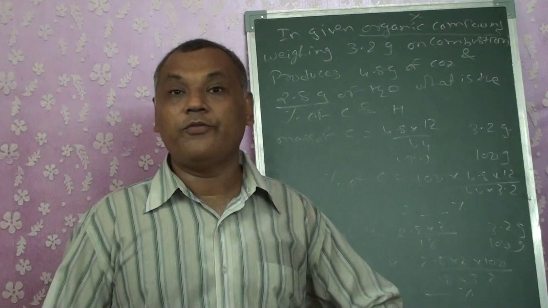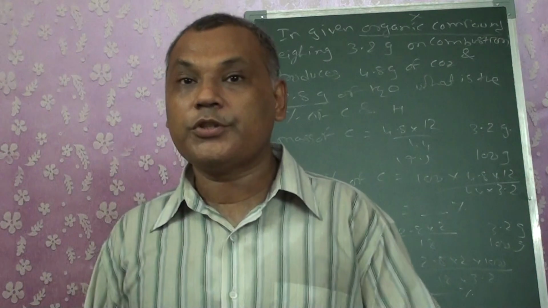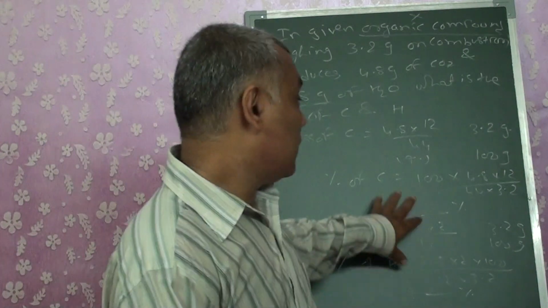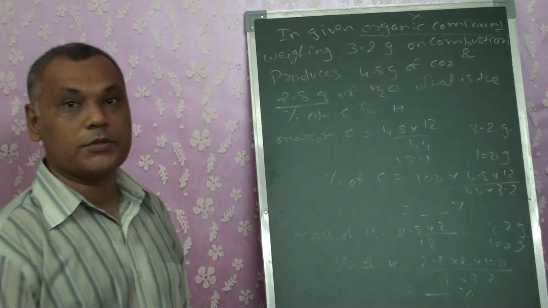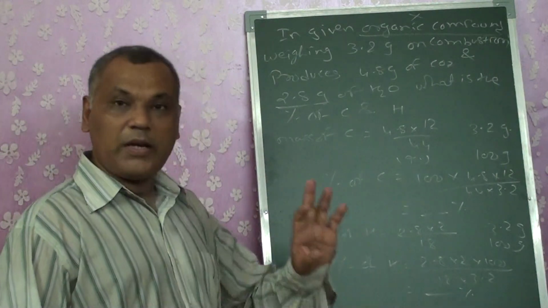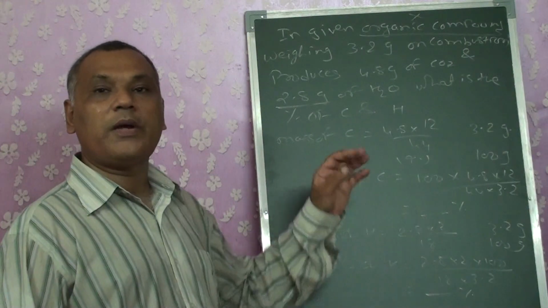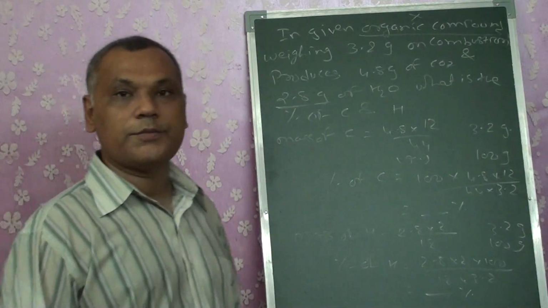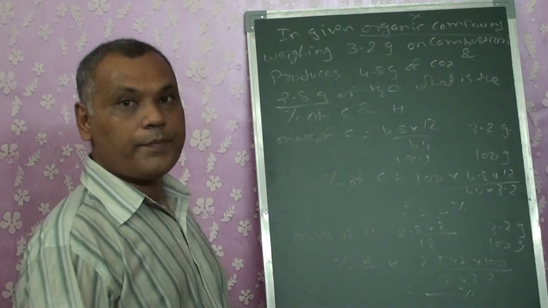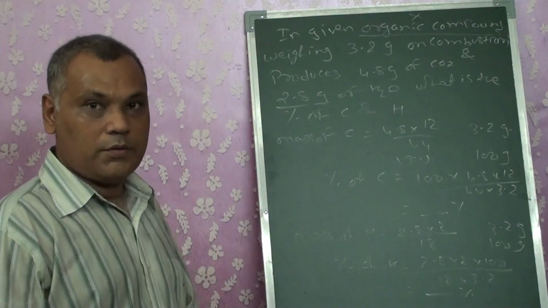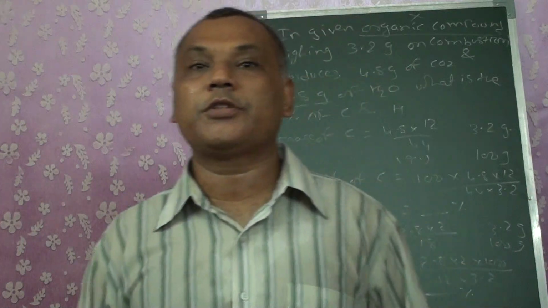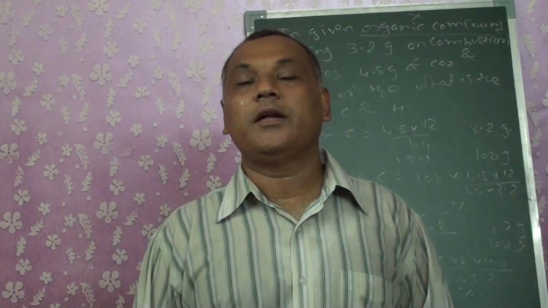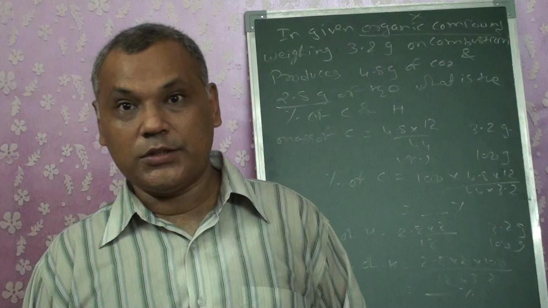The first one we did was the percentage composition present in the given compound. Second, we calculated the percentage from the unknown substance. Once we get the percentage, we can calculate the empirical formula as you did in the previous lecture. Clear to everyone? Now the next topic, which is one of the important ones from the chemistry point of view, is related to limiting reagents.